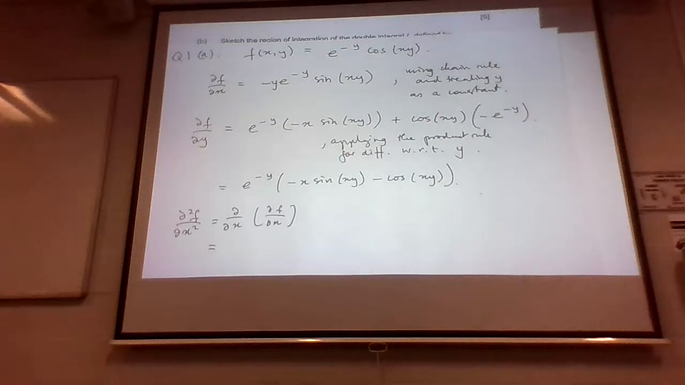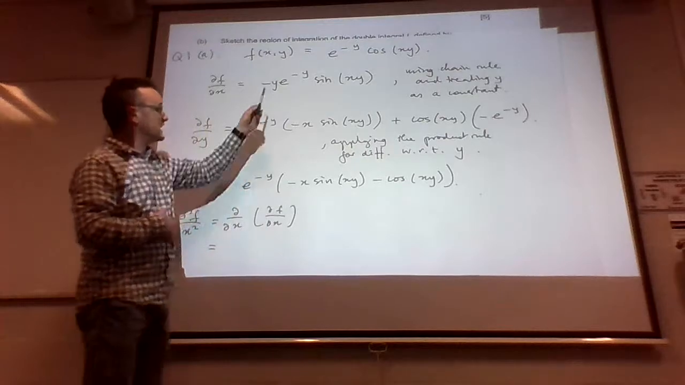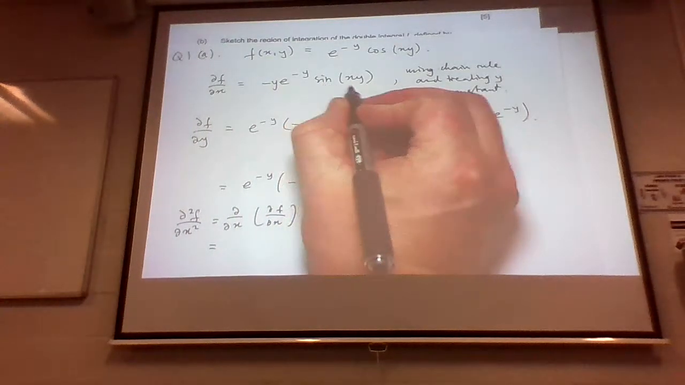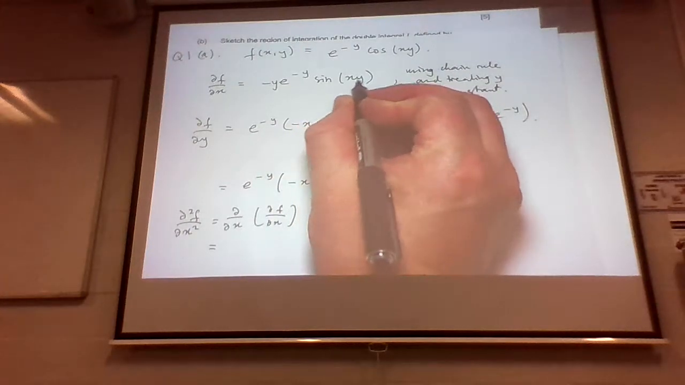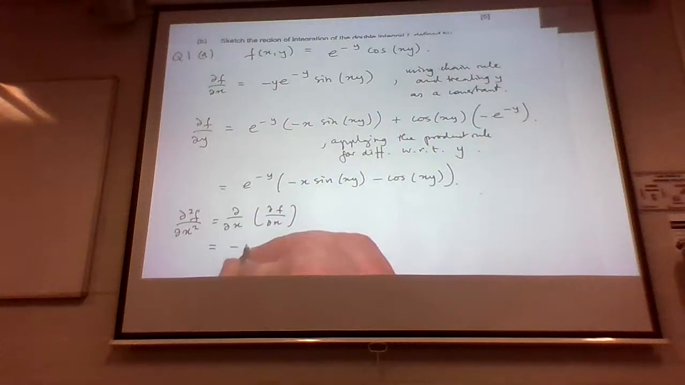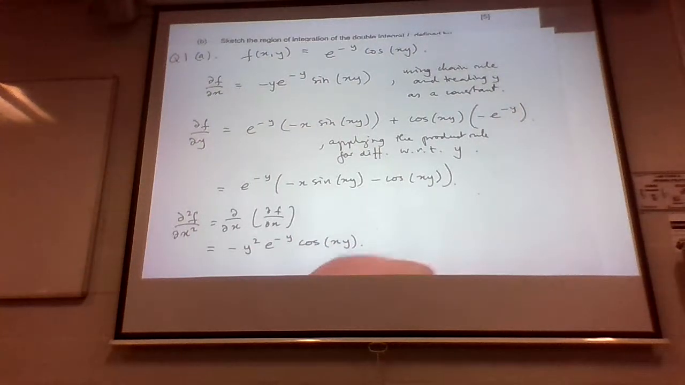Okay, there's lots of y's everywhere, but they won't trouble us when we're differentiating with respect to x. So we really just got to differentiate sine. It's going to be cosine, and we're going to get an extra factor of y from performing the chain rule. There's going to be minus y squared, e to the minus y, cosine of x times y. The other one, on the other hand,